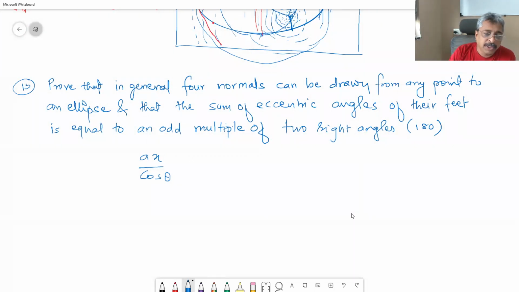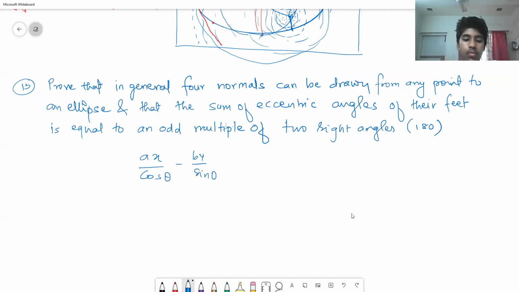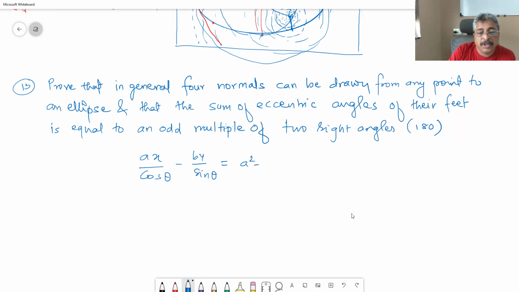ax upon cos theta minus by upon sin theta is equal to a square minus b square. Now can we write a square e square for a square minus b square? Yes. So that will be a square minus b square. Okay, so this theta is our eccentric angle,